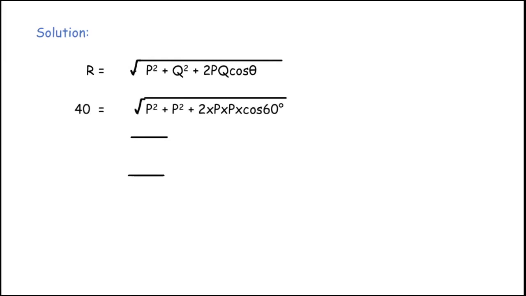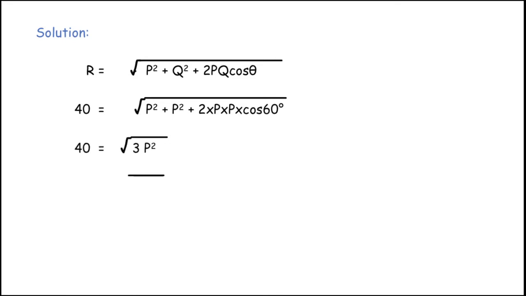So for R equal to 40, we substitute 40 for the R and root of P square is the same, and instead of Q square we have to replace the Q with the P because P equal to Q, so the values are same, so I replace the value of Q as P. Now we get P square plus 2P into P cos 60 degree. For cos 60 we have the value 1 by 2, so the 2 by 2 is cancelled and we get P into P as P square. Now we get the 3P squares.